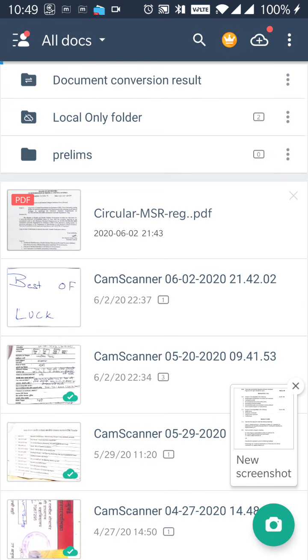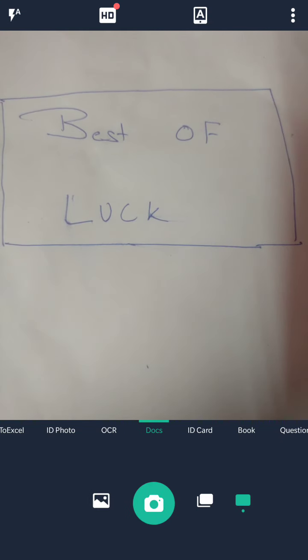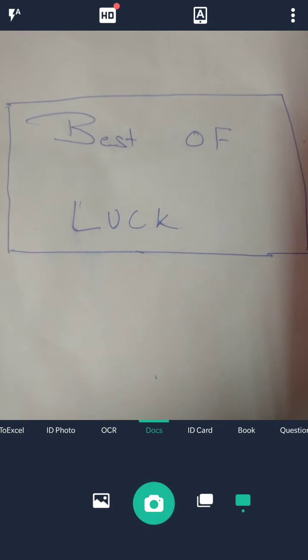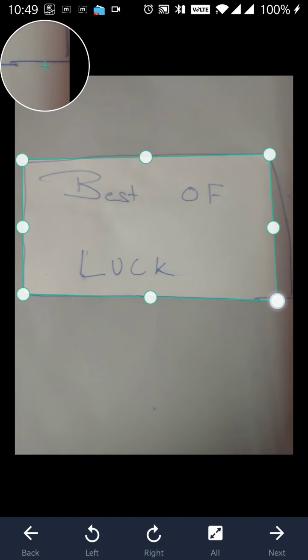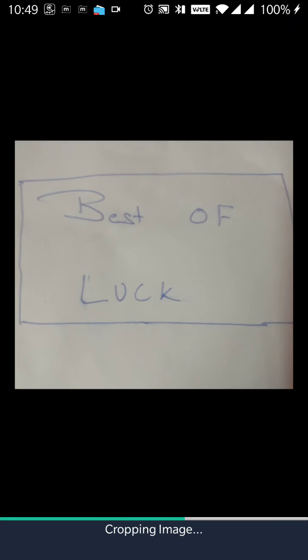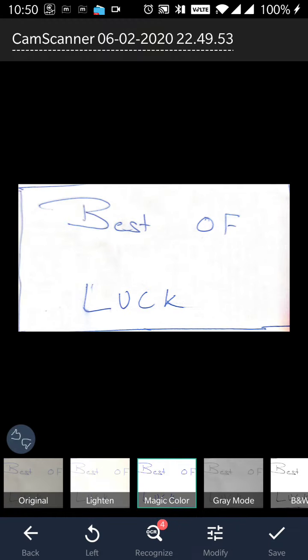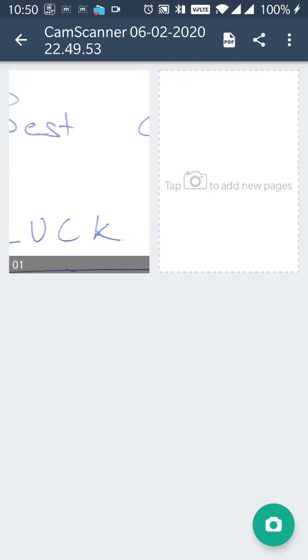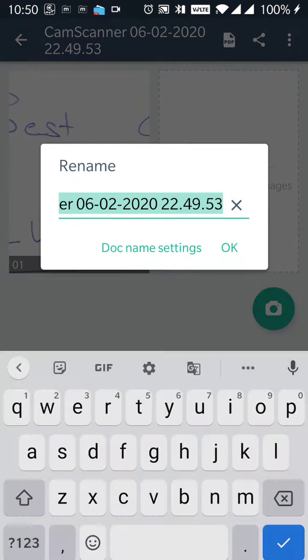So you can take any photograph, all the scanning of your pages. For example, I am just taking, select properly, click, and then click here to rename.